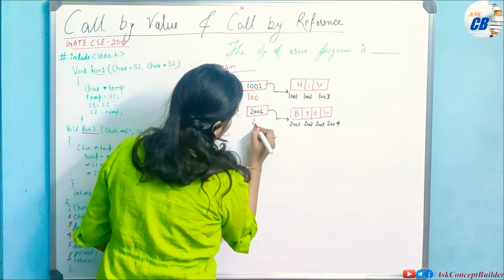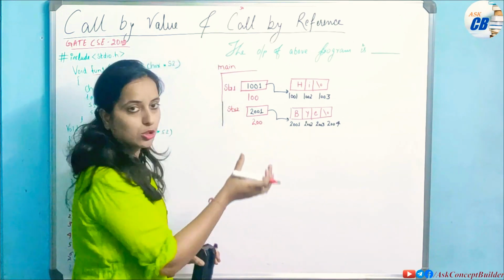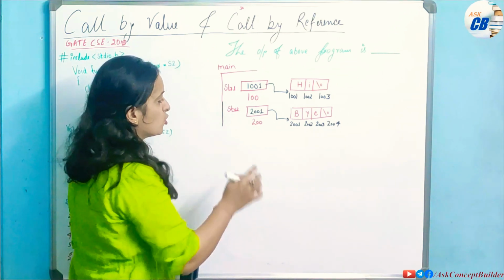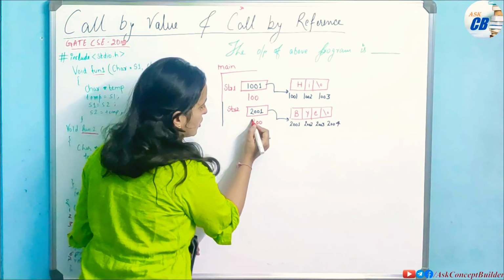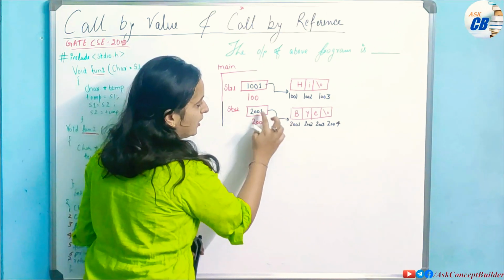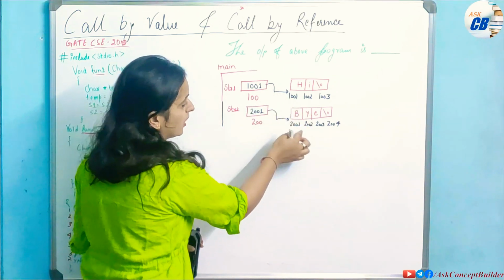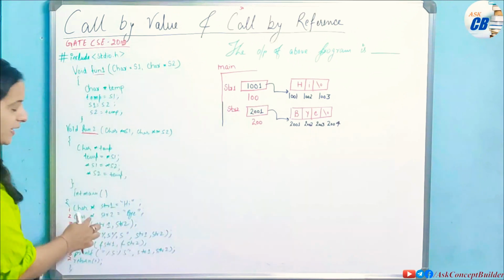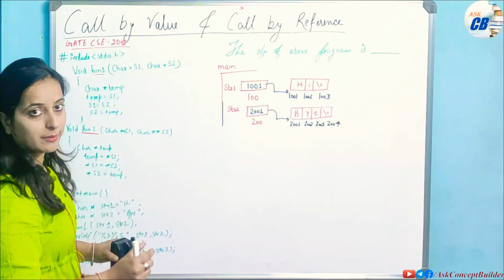And let us suppose the address of this str2 is 200, because it will also be allocated at a particular memory location. So let us suppose it is stored at the memory location 200, and what it is storing is this address, meaning it is pointing to this string here. So in this way you can store your string also like this with the pointer variable.